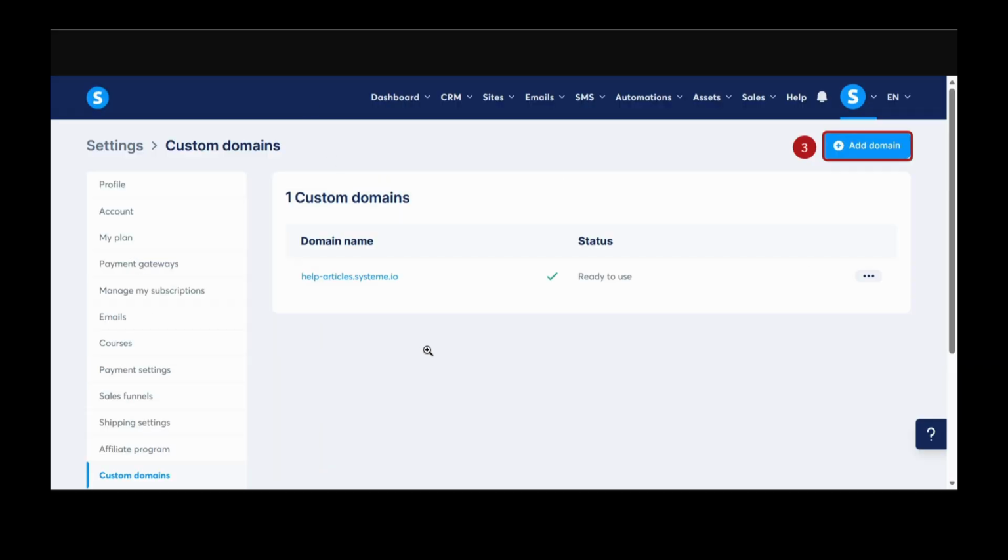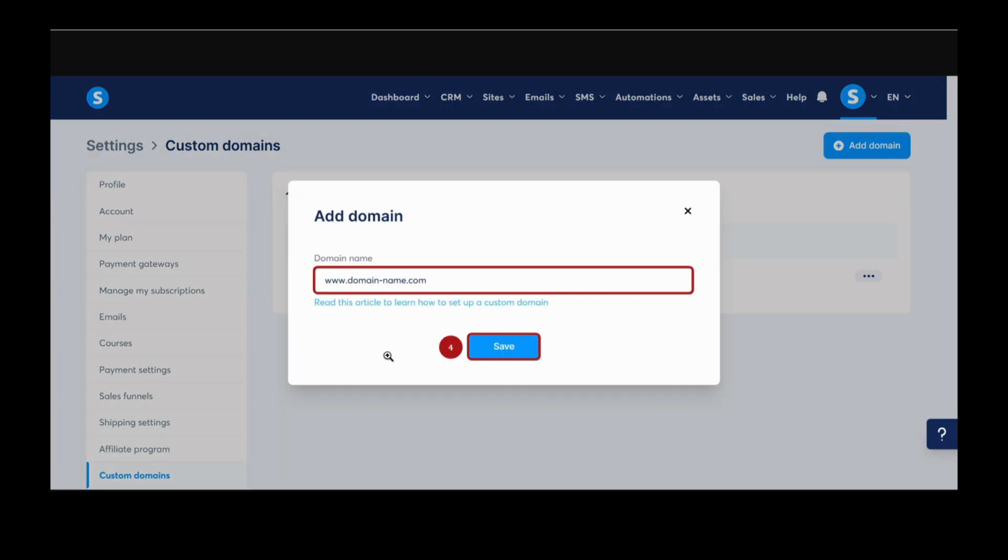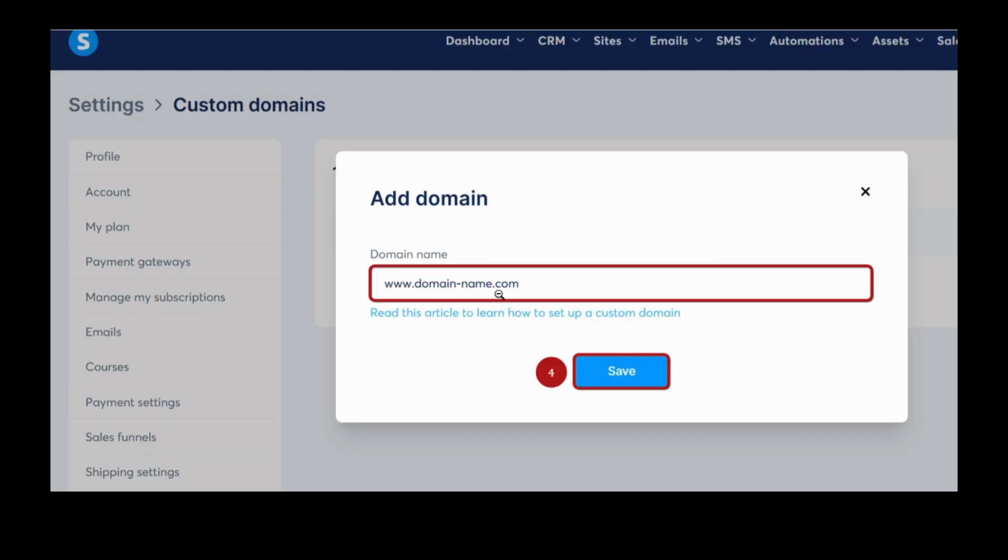So once you get here, you get to your custom domains. Again, you see your domain here. You just click on Add a Domain. And you're ready to add that domain, and you put in the name of your new domain. So you notice this one is a .com. You want your .com custom domain in here, and you click on Save,